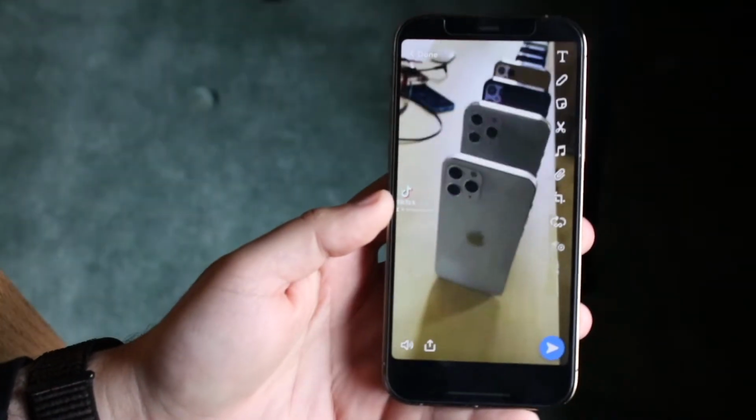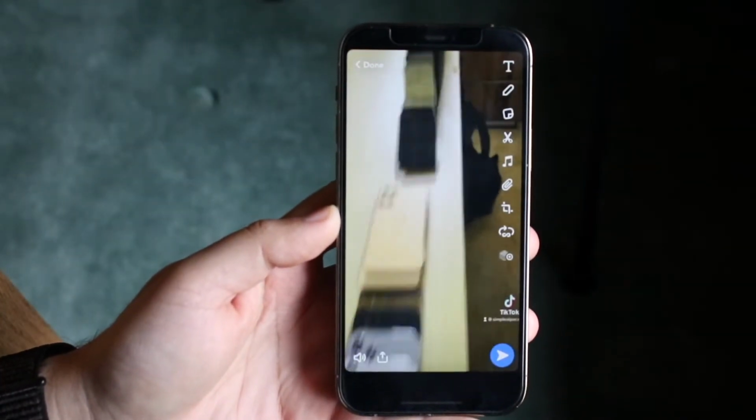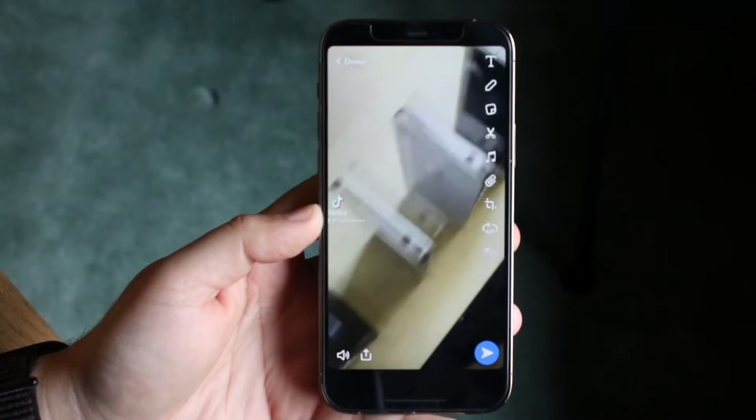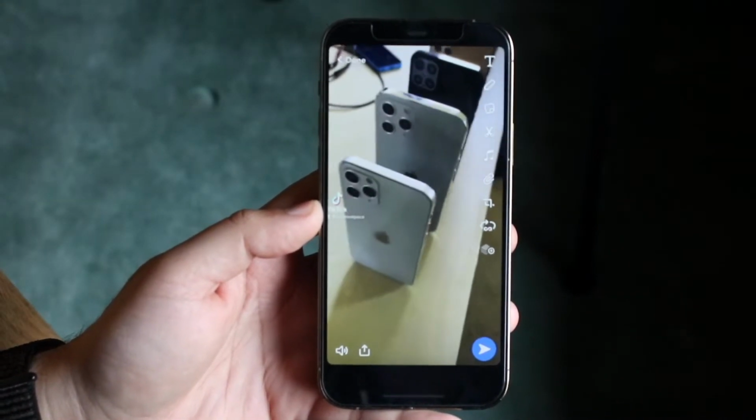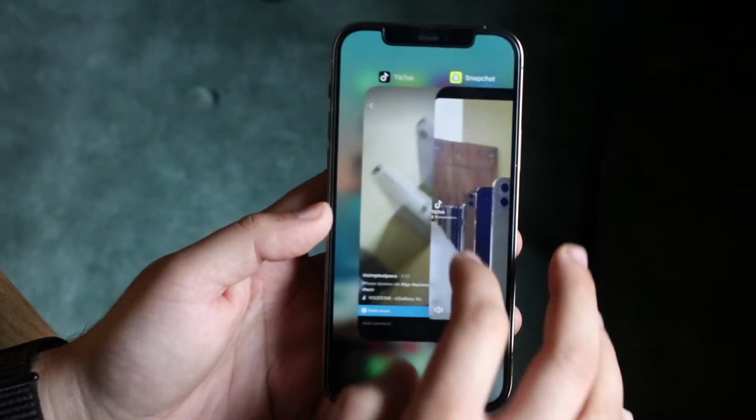Welcome back, everyone. I'll go ahead and show you exactly how to slow down a video on TikTok. The process is very easy. All you need is TikTok itself and Snapchat. As long as you have those things in your set, all you have to do is make your way over